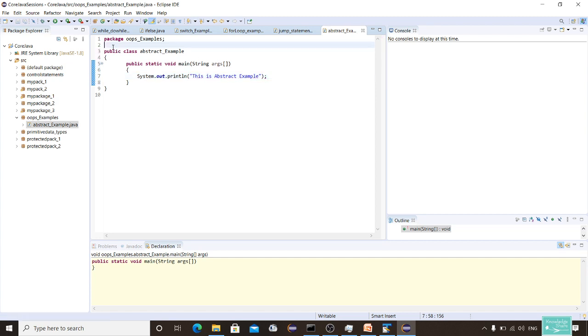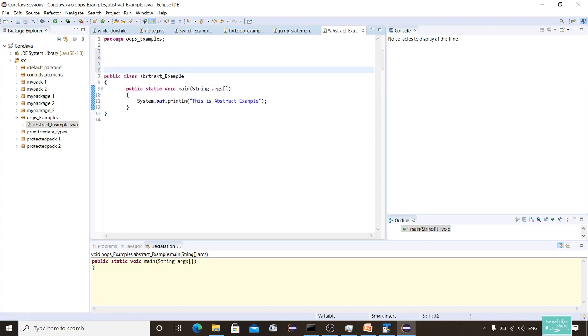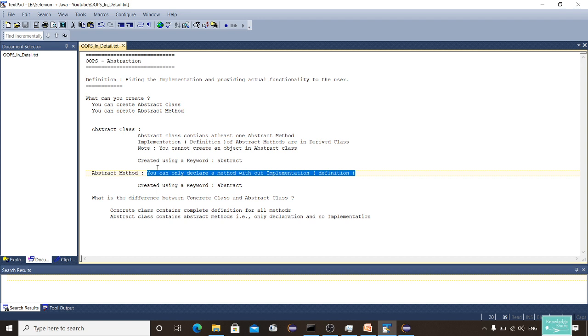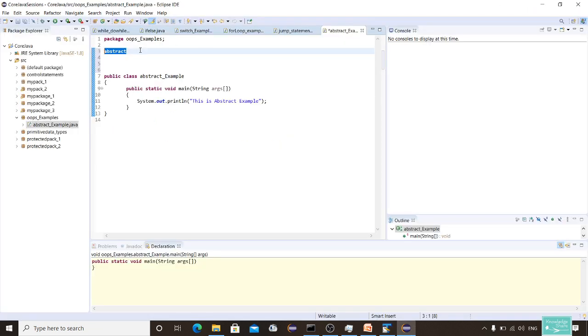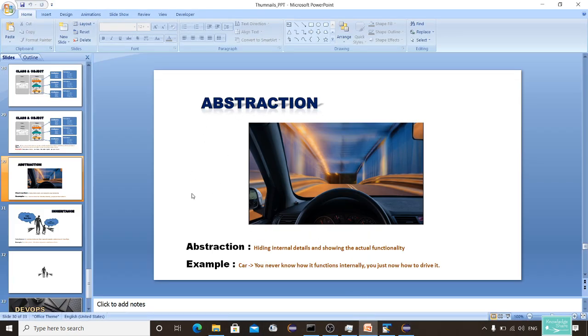Now let me create a class here. As I said, you should have the keyword abstract and a class name. Let us take the example which we have seen earlier of hiding, the car. You never know this functionality, but you know how to drive it or how to change a gear.